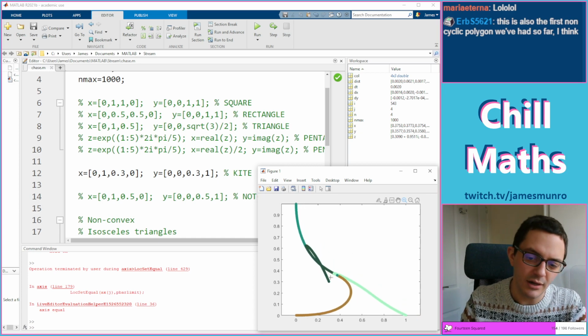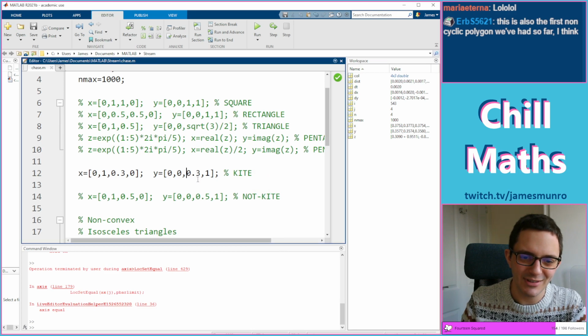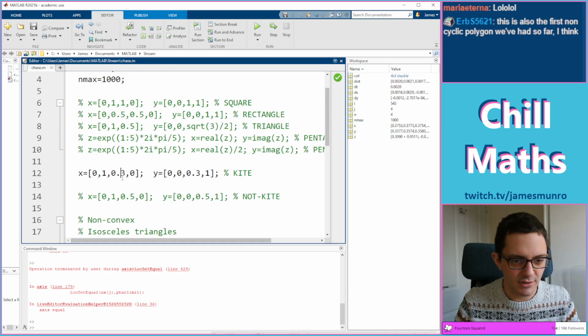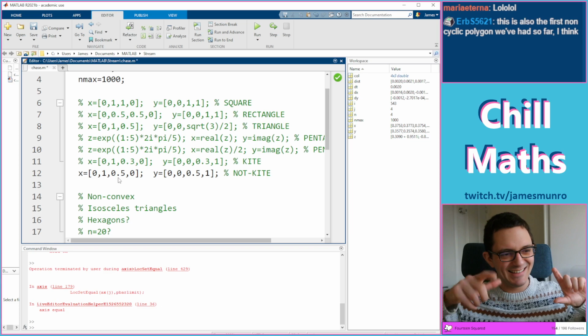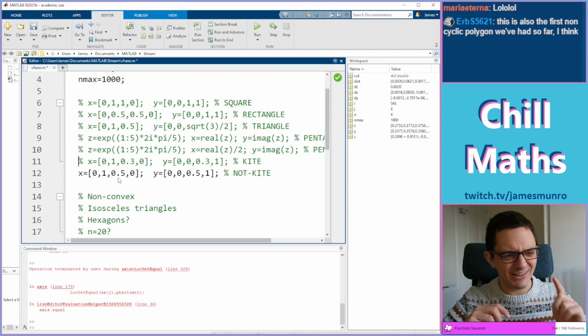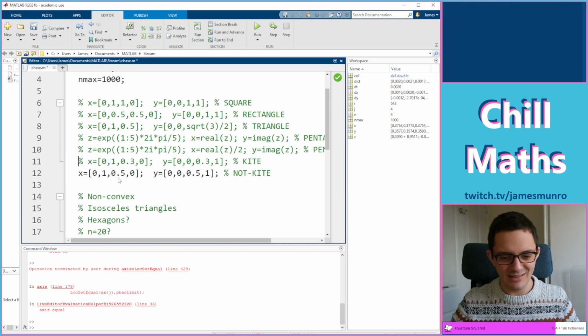Huh. I think it's the first time we've seen tracks crossing each other like that. Non-cyclic polygon has made me think now might be the time to do a different one. It's made me think about a square with the corners flipped. So I've tried this before. I can't quite remember what happens, but if you set up a square wrong,